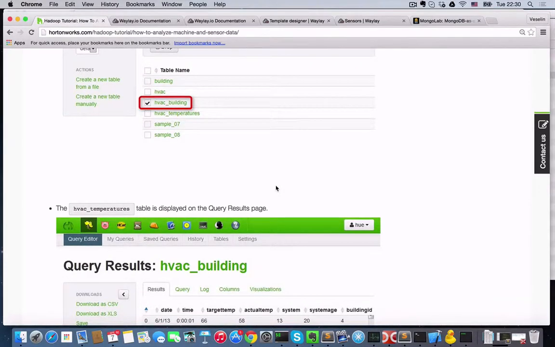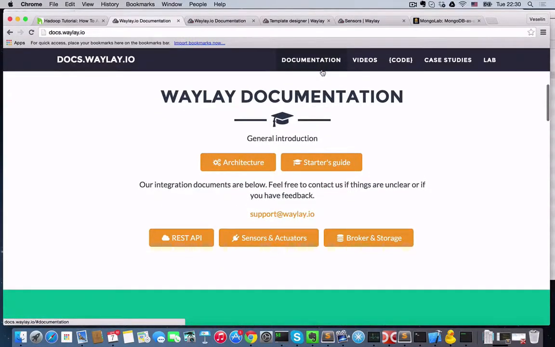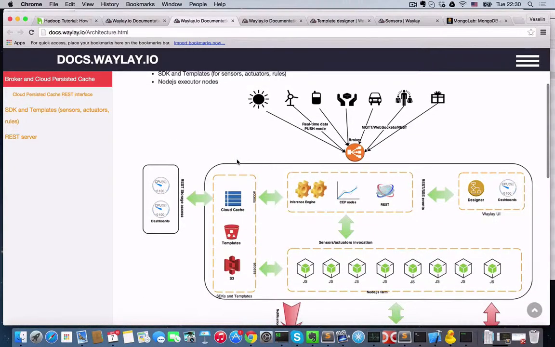Okay, so what I will do today, I will download this zip file and I will try to replay it, but a little bit differently. I will show you that in a moment. Now, you have to stay with me because this is going to be a little bit, I don't say complicated demo, but it will include quite some components of the Veselin platform. So in order to explain that, I will show you the architecture of the Veselin platform and what I will try to do. I will try to load this CSV file, the HVAC file, and I will try to mimic